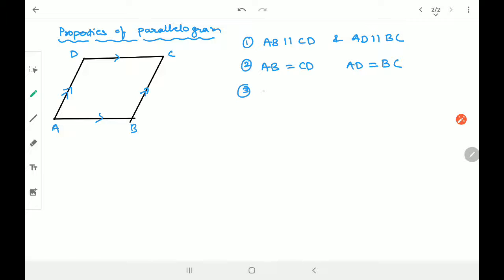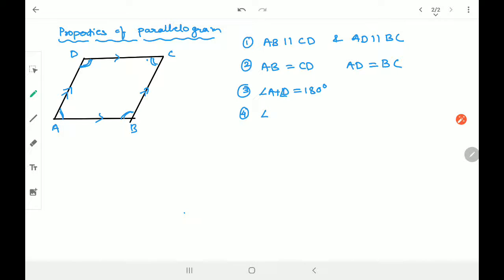वी नो दैट कि एडजेसेंट एंगल A प्लस एंगल D इज इक्वल्स टू 180 डिग्री. Adjacent angles are supplementary. The reason is not parallelogram. Reason is about interior angle only, isn't it? They are called an interior angle also. So they are supplementary. Adjacent angles of parallelogram are supplementary. All pairs of adjacent angles, मतलब D plus C, I am not writing that, but D plus C is also equal to 180, B plus C is also equal to 180, and A plus B also equal to 180. So all the adjacent angles sum to 180 degrees.